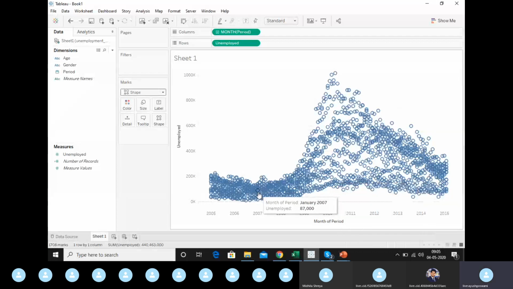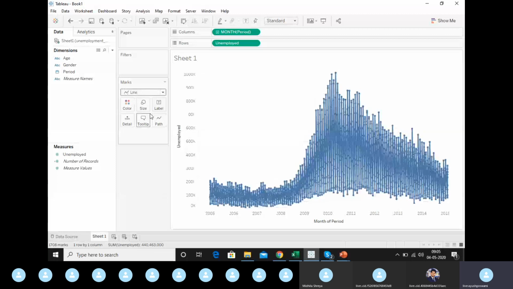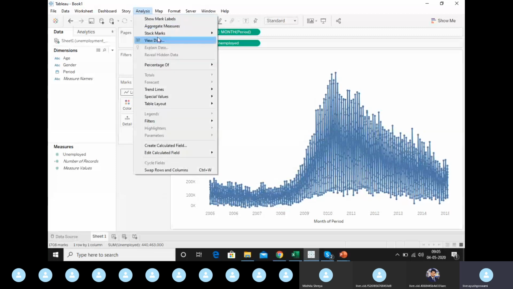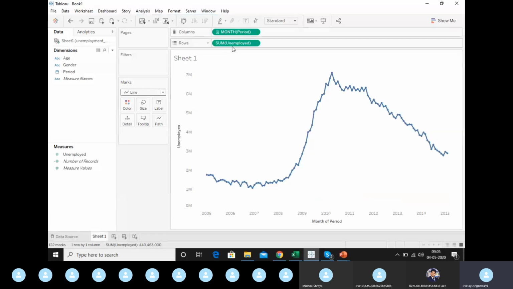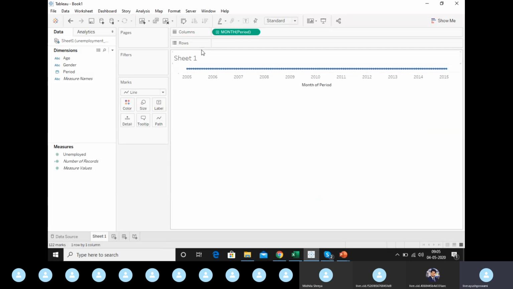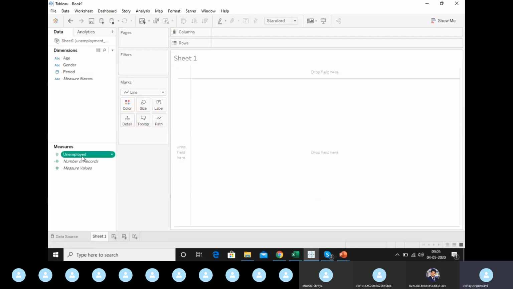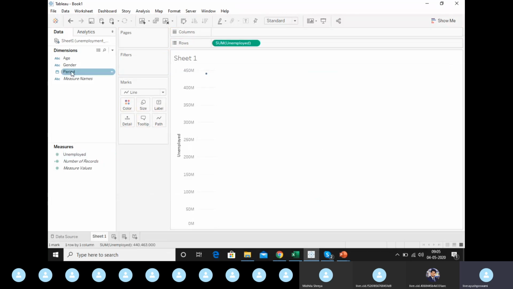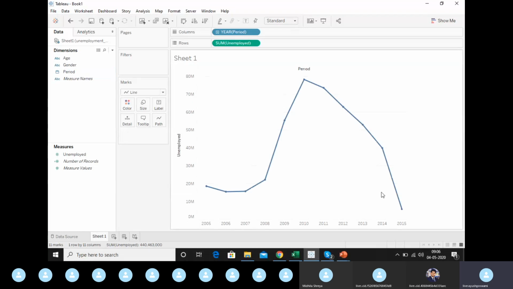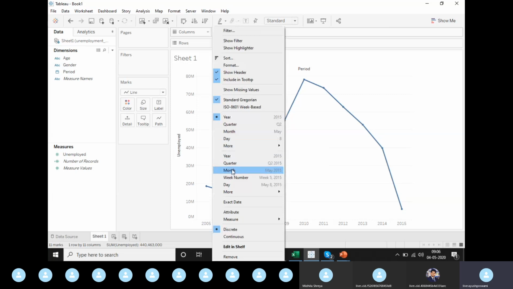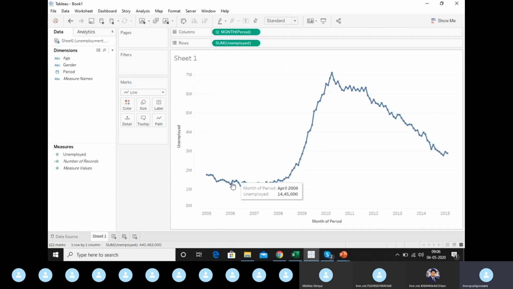How do we get the data points in line graph? See, line graph, we were there initially, right? Okay, so this was the scenario. How did we reach? Are you asking this? This is how we began, and just double clicking on unemployed and period, you see a line graph present out here. To make it further granular, you have to select month from here. So we are having data points on the line graph now, right?